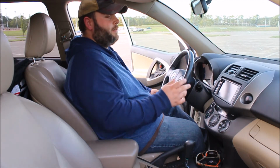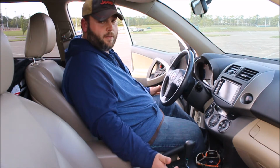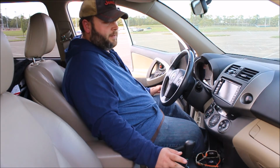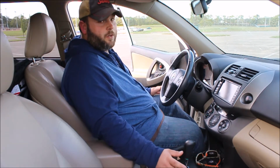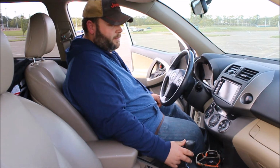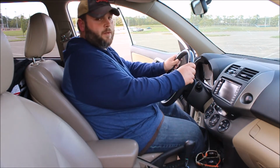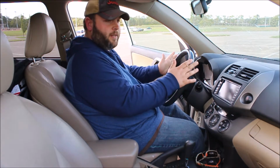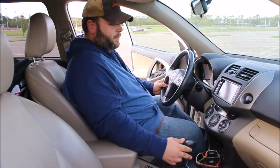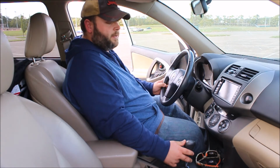But once you climb in here, you'll find it's not horrible. It's not the prettiest cockpit of any vehicle out there, but Toyota did a good job at making it as plain but as functional as possible. Of course, they used a lot of cheap plastics. The seats are comfortable. It's got a nice steering wheel feel for the most part. It's a pretty small steering wheel, but it's got a nice feel. And this is electric assisted power steering, by the way. It's got a nice little feel to it, and all in all, it's not a bad place to be,